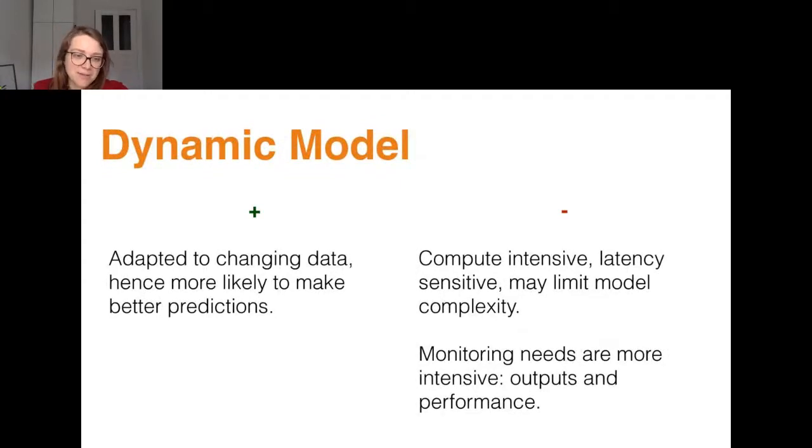On the other hand, we have a dynamic model, which adapts to changing data and is likely to make better decisions. You have to put all kinds of limitations because it can get computing intensive, it can get slow, and you want to monitor its performance: one time how fast and how accurate it is, and one time how many wrong predictions there are. So if it's a finance use case, for example, saying fraud, not fraud, and the client calls later and says this was actually fraud, you have to make those corrections.